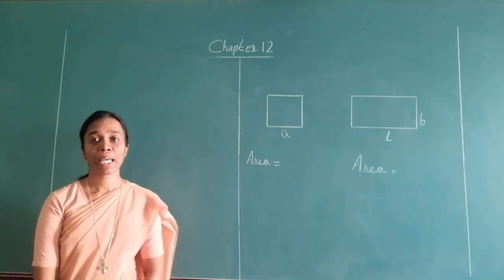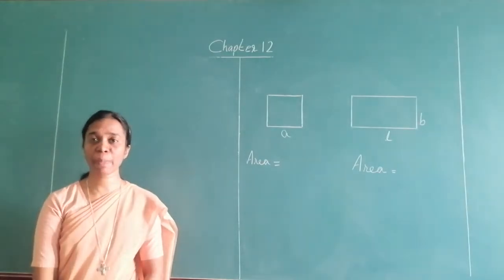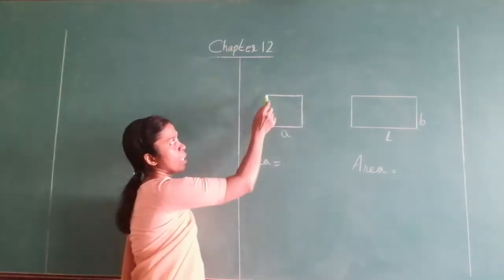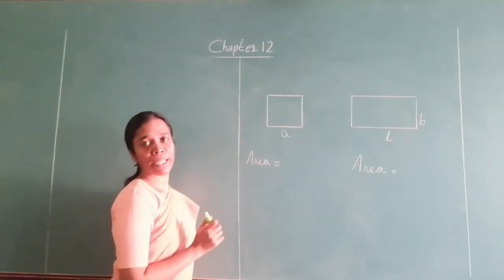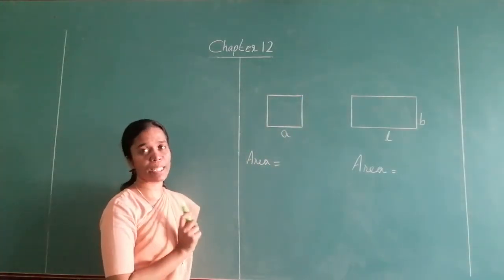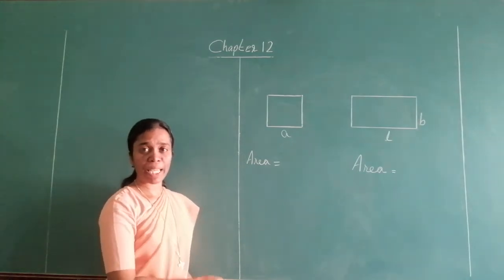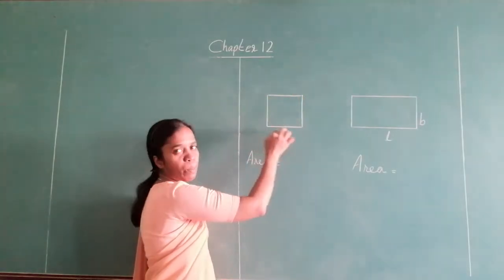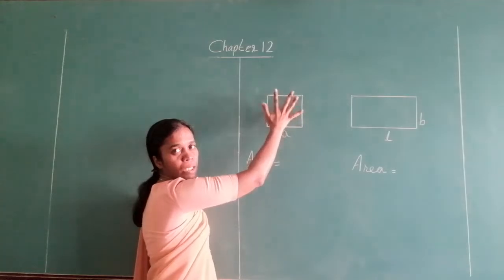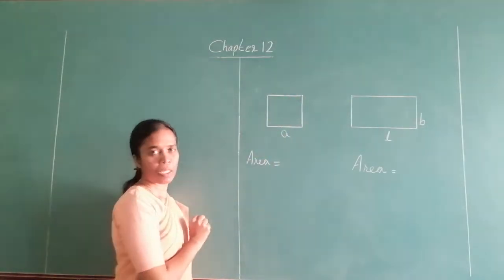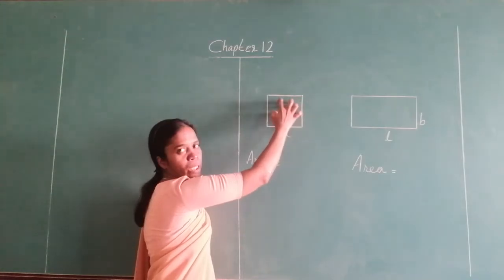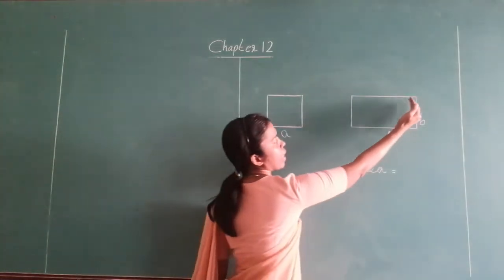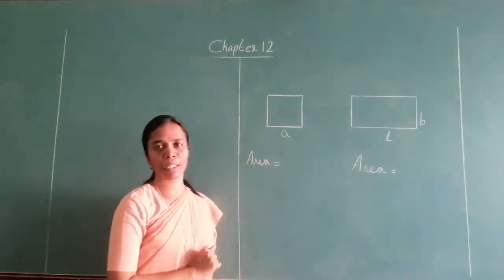Today we are going to see area. Now what is the difference between perimeter and area? When I said perimeter, I clearly said it is the length of only the boundary line. And when we speak of area, area means the entire space covered. Not only the boundary, but the entire space taken by that particular figure. How much is the space taken? This entire space is taken by this particular figure. So this entire measure is called area.